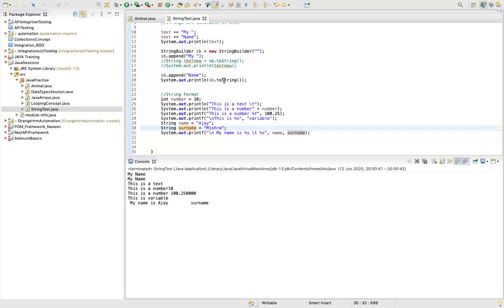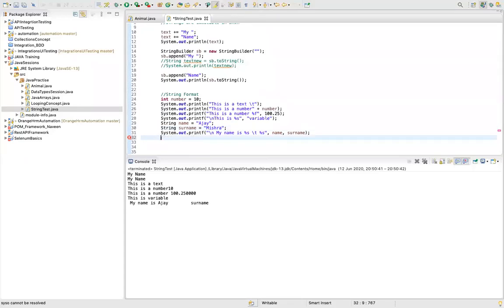In builder, guys, there are some other features as well which you can have, like spacing is also available. So let's say I want to print some numbers.